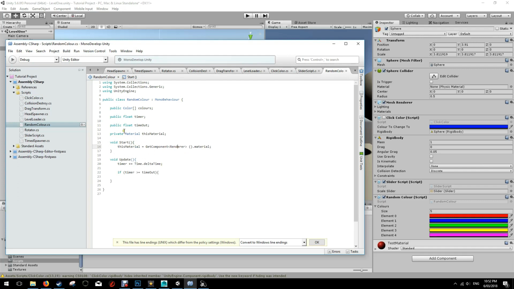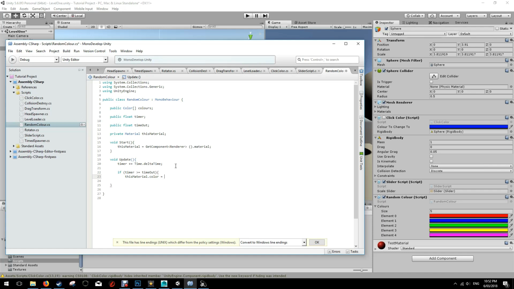So we're telling the script to populate this material value with whatever material is on the object. And then in our if the timer reaches, let's make it 1 second, we're going to go this material dot color